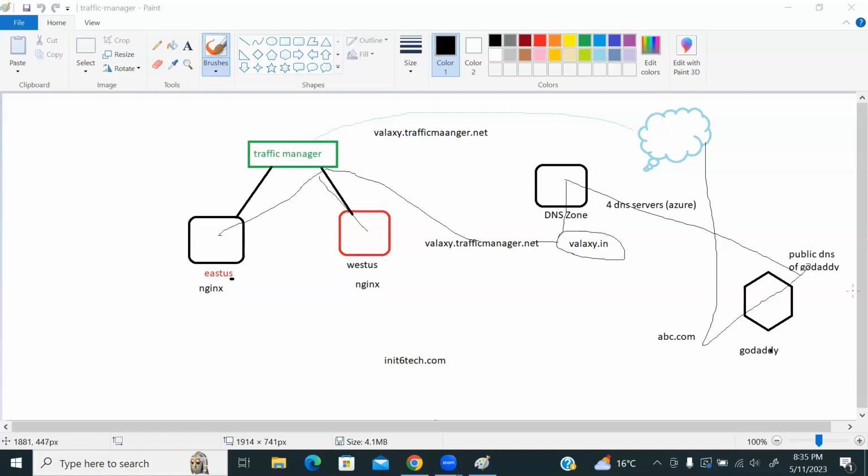Okay, so let's start with this traffic manager. Yesterday we were discussing the traffic manager. Traffic manager is kind of a load balancer, a DNS based load balancer. And whenever your applications are running across regions, then we use the traffic manager. As I mentioned, if your applications are running in one region and another region,